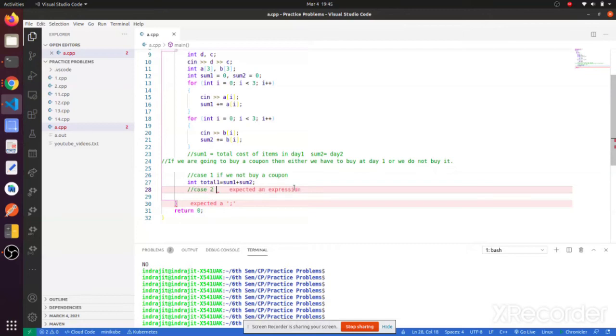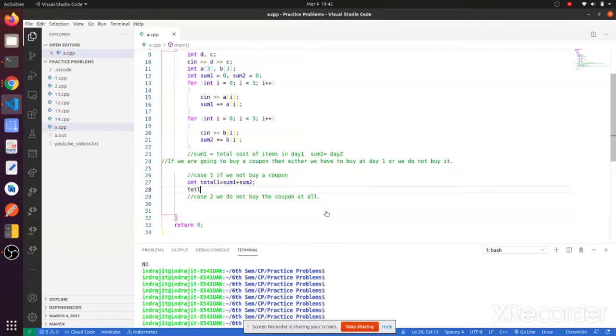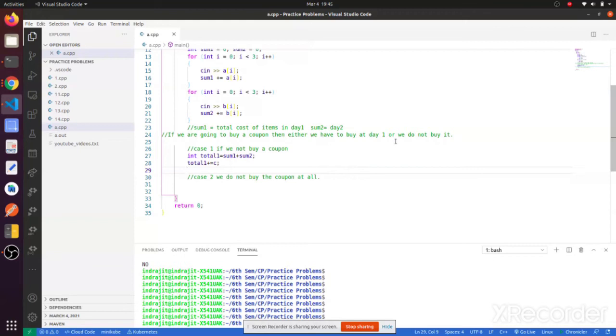So we will consider two cases now. We will buy the coupon on day 1, and another case is we do not buy the coupon at all. If we buy the coupon, then what will happen? We have to include our coupon charge, right?